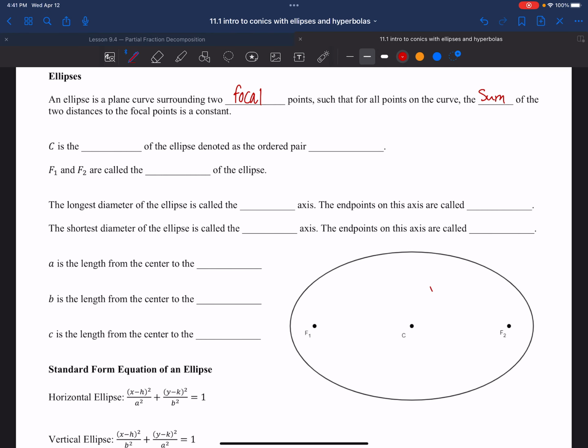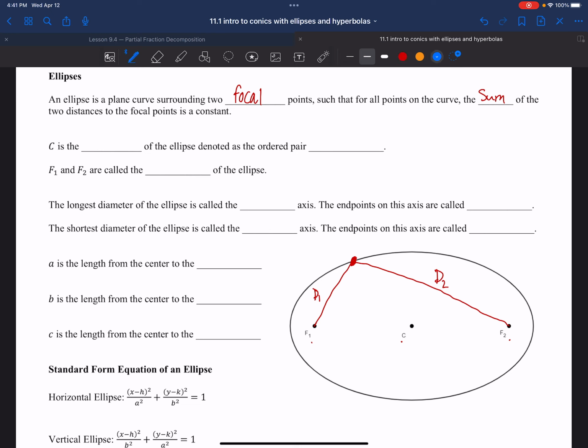Taking a look at this ellipse that's down here, notice what I've labeled here is a center point and then these two focus points, which we call foci. Foci is plural for focus. Now, the thing about the ellipse is if you pick any point on this ellipse, then the distance, I'm going to call this distance 1, to the first focus added with the distance to the second focus, that sum of those distances is held constant no matter where you are